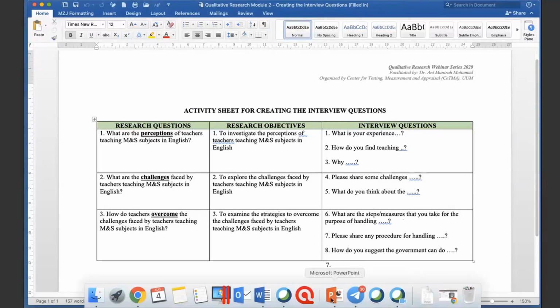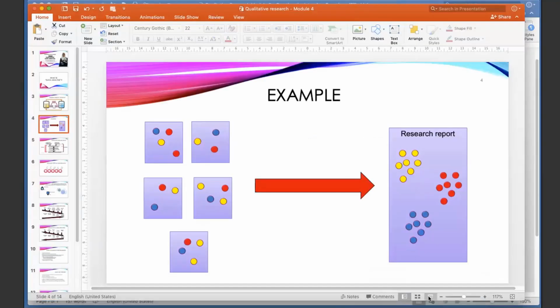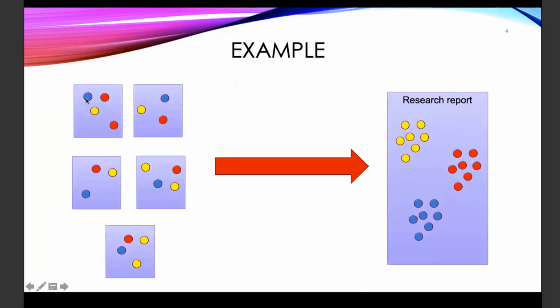Now based on that, when we ask the questions, for example, question number 1 and question number 8, we come back to this presentation. Question number 1 is represented by blue color. So you will see sometimes it is at the top position, sometimes at the bottom, and sometimes in the middle. Question number 2 is represented by red color, for example. And question number 3 is represented by yellow color. Let's just take the example of 3 interview questions. We ask them question number 1, question number 2, and question number 3. Now, you will realize that these